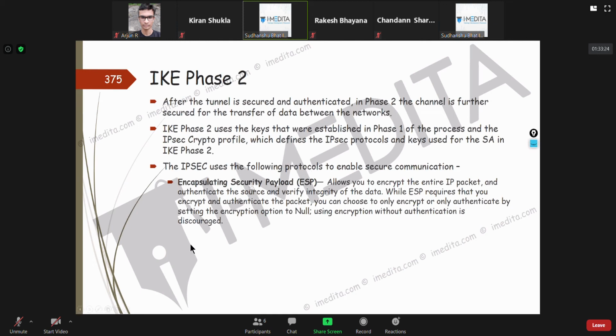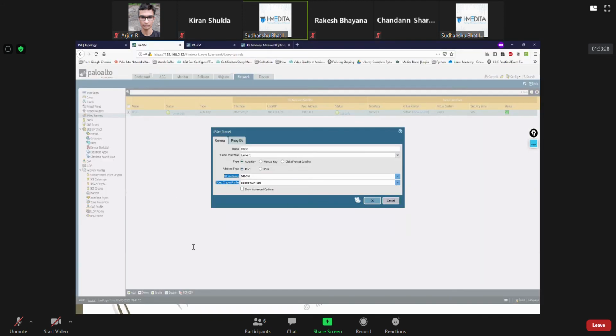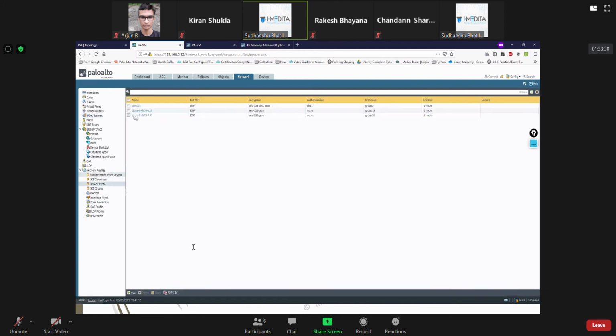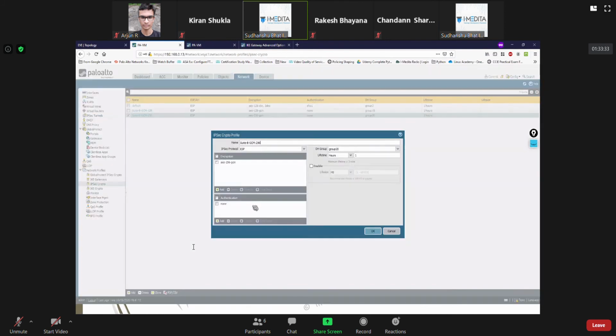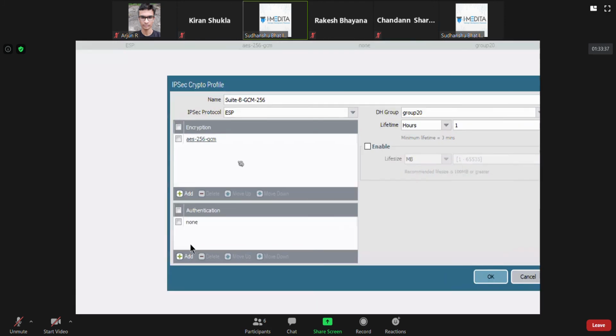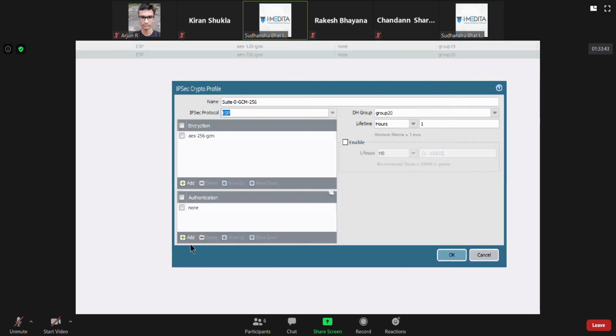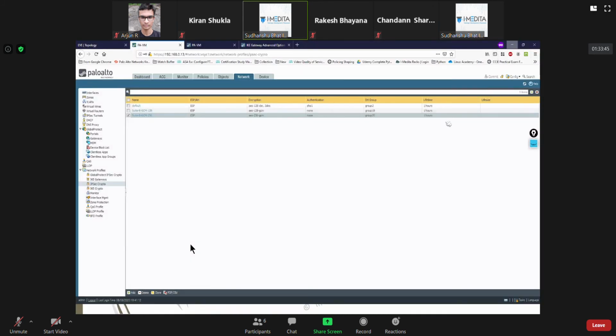Okay, like there is ESP. In here, if you go to this IPsec crypto, for the IPsec protocol we didn't use AH, we used ESP. And what's the difference between them?